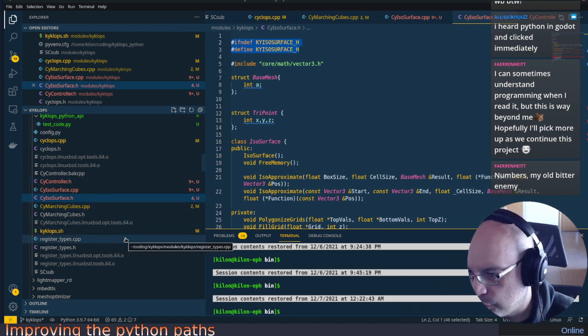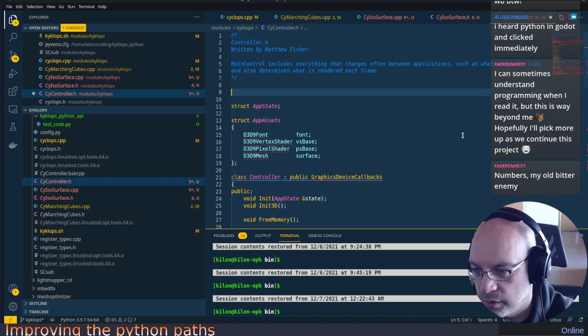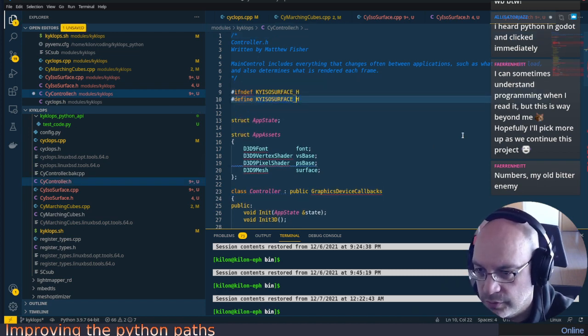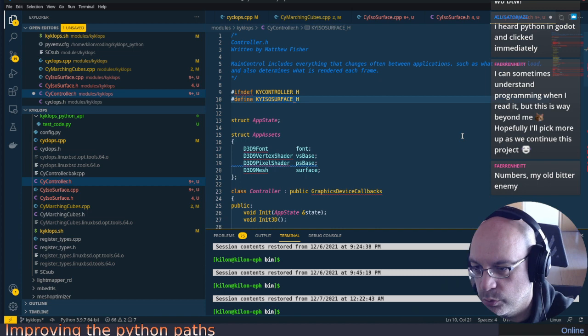This is the header, there was another header, I think? Yeah, it's a controller. So let's add another header guard here. And that's going to be Kai controller. We use capital letters here just to make sure that people understand that this one is supposed to be just the definition, or macro, they're called macro definitions. Kai controller, and it allows us to